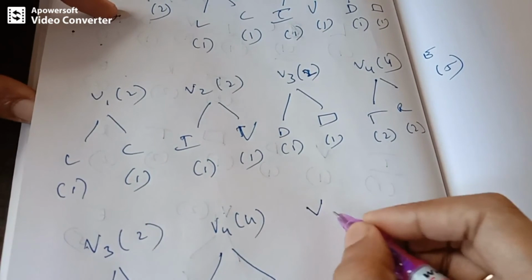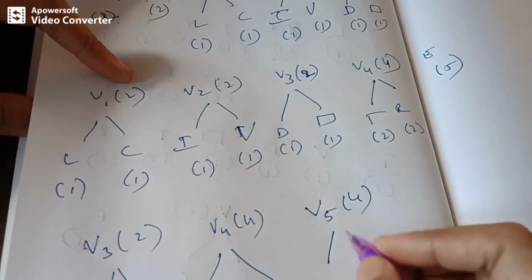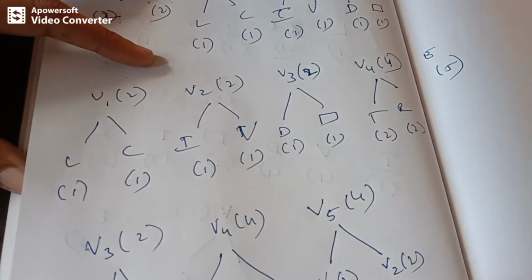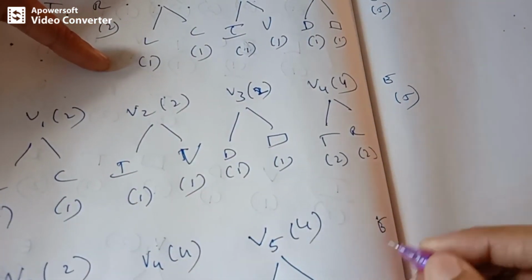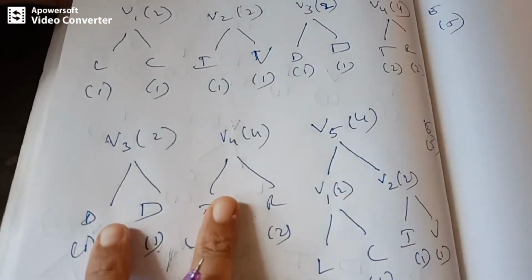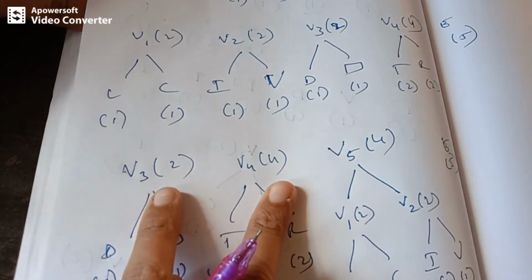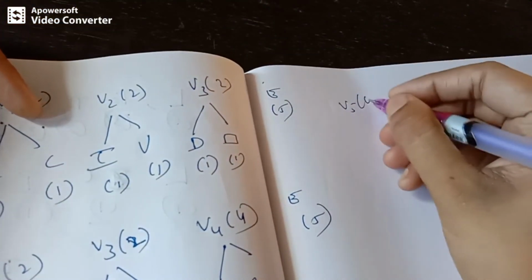And a new tree with vertex V5 whose weight is 4, and the trees are V1 with the weight 2, V2 with weight 2, then L, C 1, and I, V weights are 1. Then we have got vertex E. Okay, so we'll get again another tree just by combining this, whose weights are 2 and 4. We get a new tree whose final weight is 6. So I'm going to add the final combined tree over here at this end. That is what I'm arranging them and placing the tree.